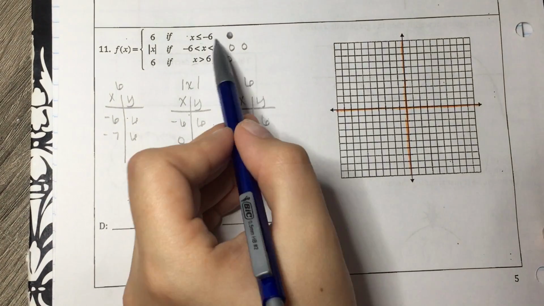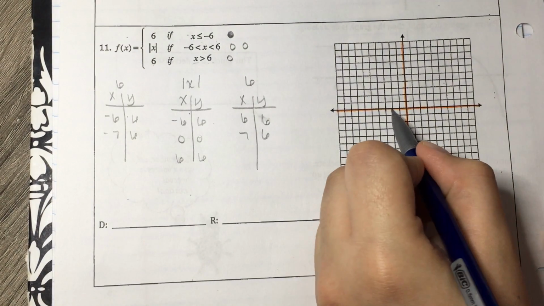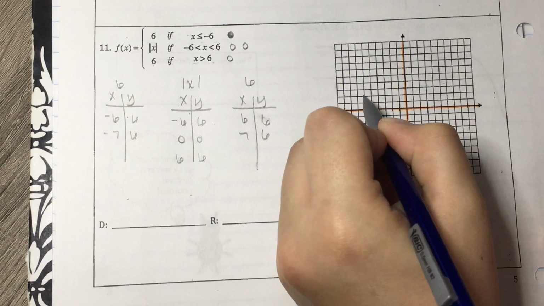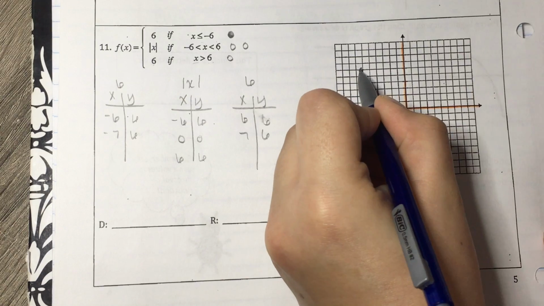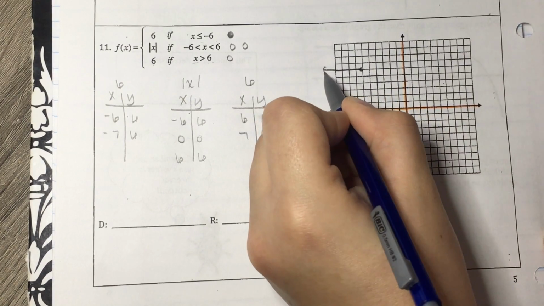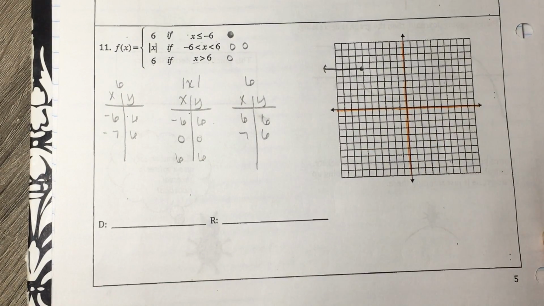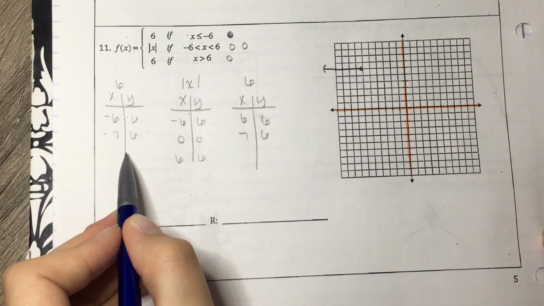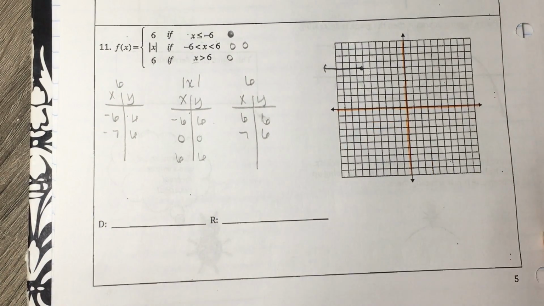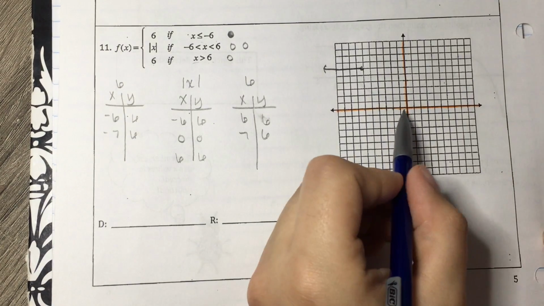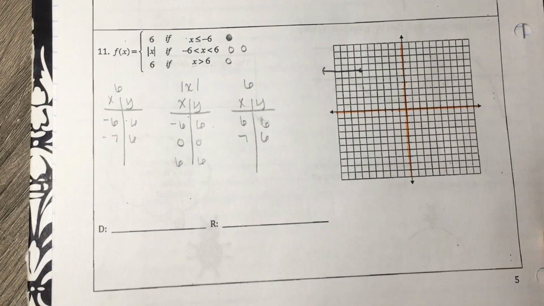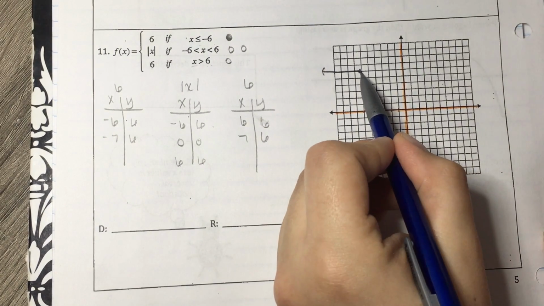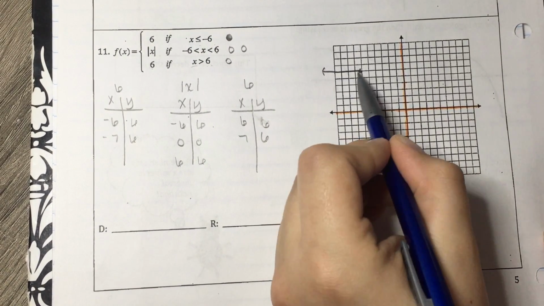All right, so once again, when X is less than -6, so here I am, 2, 4, 6, and it's a filled in circle, and all the values less than that are also 6. See, I didn't need a table of values for that. You could double check with it, but you could graph that piece without a table of values. And then now you know all the values between -6 and 6, so this is going to be an open circle. But since the open circle is laying on top of the closed circle, I could just leave that closed